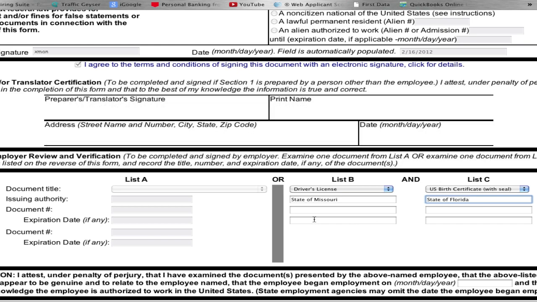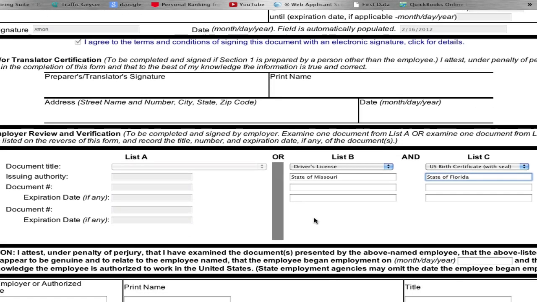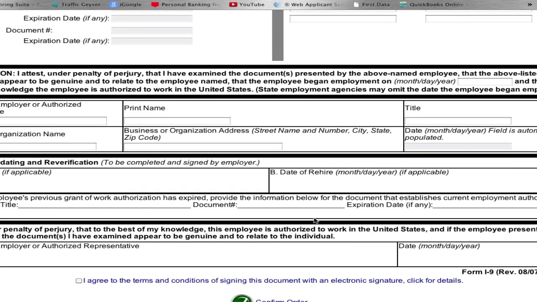Finally, we commonly see errors in the address field for company or organization. This field should always be a physical address. No P.O. boxes are allowed, and it should be the address at which the documents were verified. For example, if my corporate office is at 803 Bourbon Street in New Orleans, and this is where my new hire brought the documents in for verification on their first day of work, then my address will be 803 Bourbon Street, New Orleans, Louisiana,